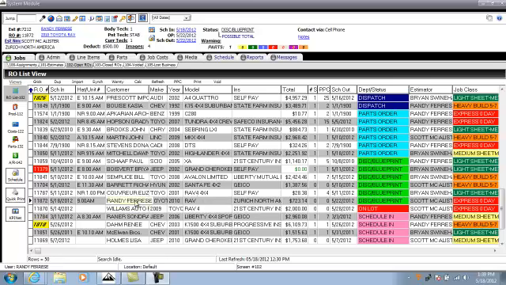So now the vehicle's in the disassembly blueprint stage of the repair, and at this time your disassembly team has disassembled the vehicle, identified the parts and labor necessary to repair it, and written a complete repair plan. At that time, your estimating person will go in, and I'm going to give you an opportunity to see that the estimate comes over from the estimating system exactly the way your profiles are set up. Typically the profiles can be set up so that, and I'm going to use EPC as a good example, it may come in as sublet because this is the way your DRP partner has asked you to set up